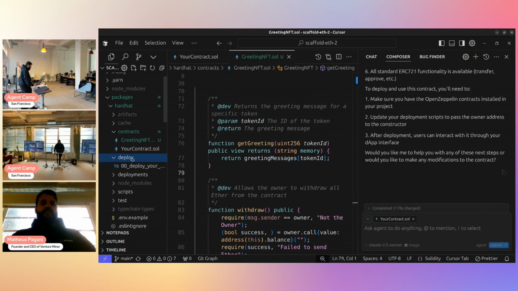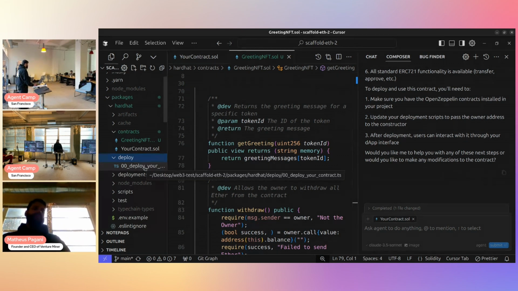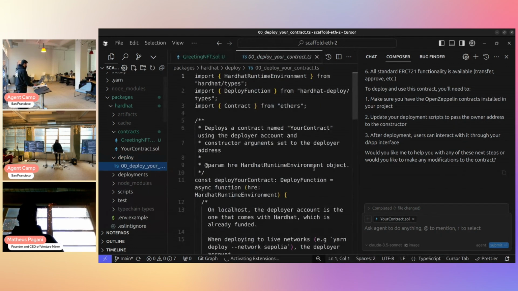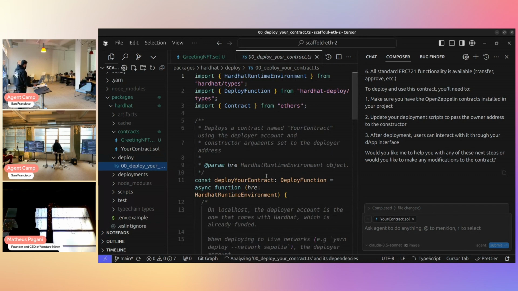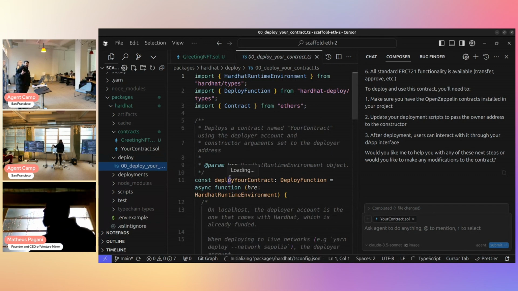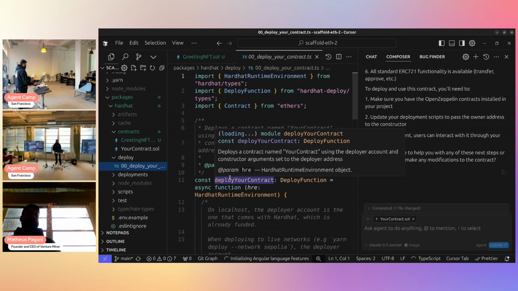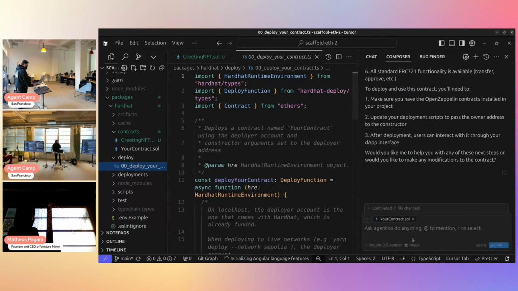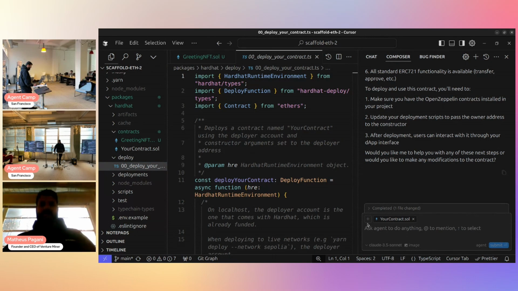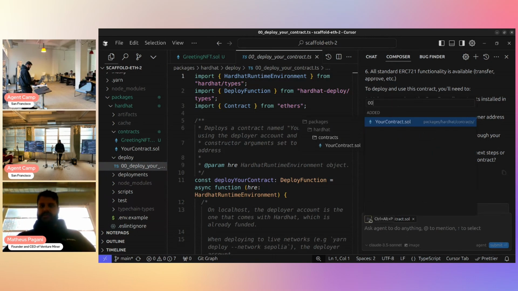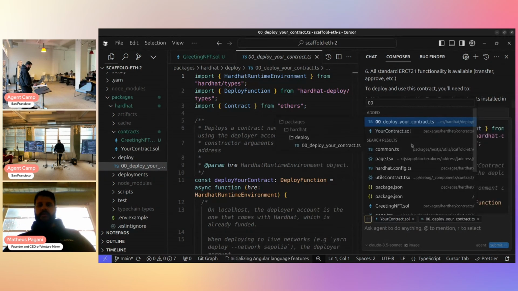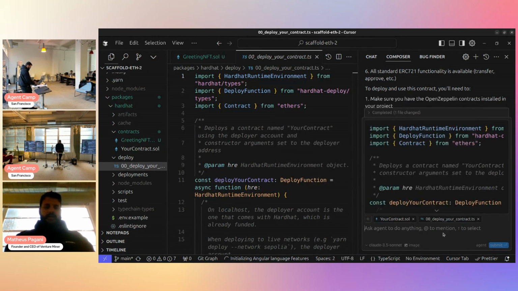There is a deploy script that I need to create for every contract that I want to deploy in Scaffold-ETH, a TypeScript script, so that I can debug it in the front end. I'm going to ask the AI to create that for me. I'm going to add this file 00 deploy your contract, and then I'm going to ask the AI to create a script 01 to deploy this NFT.